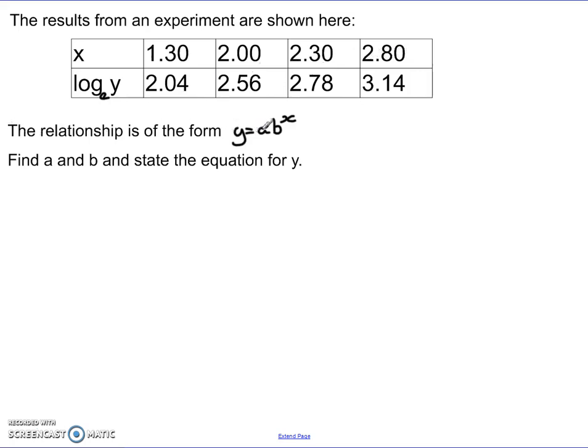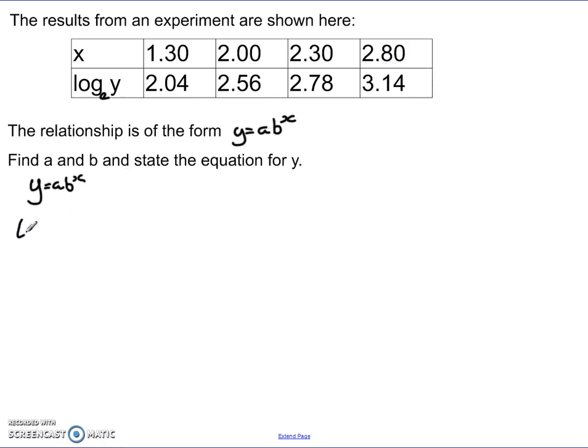Now the relationship, again, I'm telling you is in the form y equals ab to the power of x. I want to find a and b, and then I want to state an equation for y. Now again, we have to start by taking our y equals ab^x and manipulating it into a straight line form. Remember, a table like this relating two variables can be used to plot a straight line, and that's what we